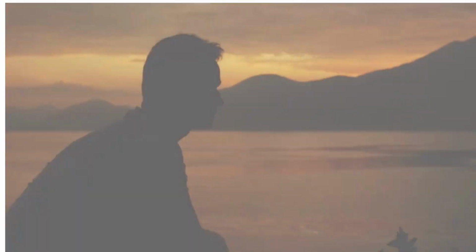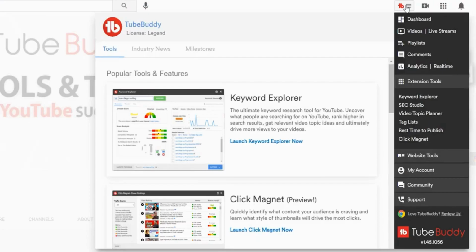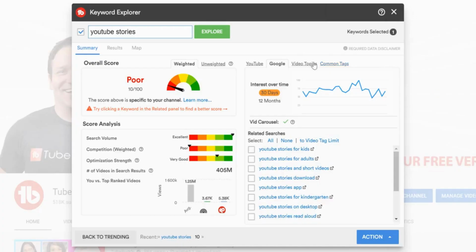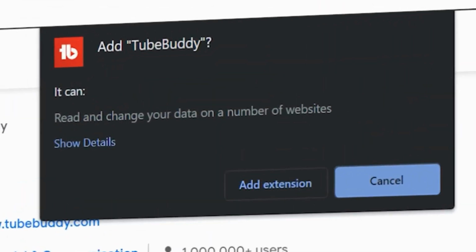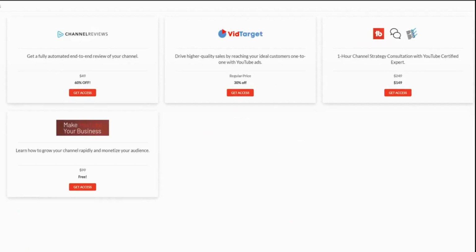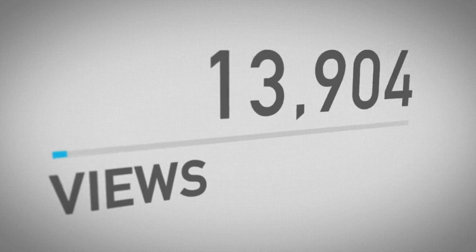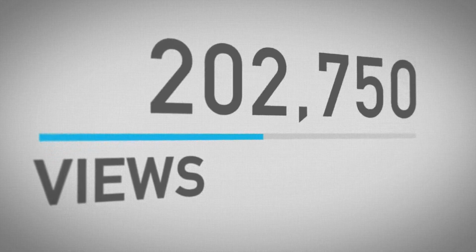We've seen you asking, what is TubeBuddy? Good question. Let's take some time to answer this. TubeBuddy is a powerful YouTube SEO, competitor analysis, and time-saving Chrome extension for video creators. It can identify the keywords and tags to target for your videos so that your channel generates a constant stream